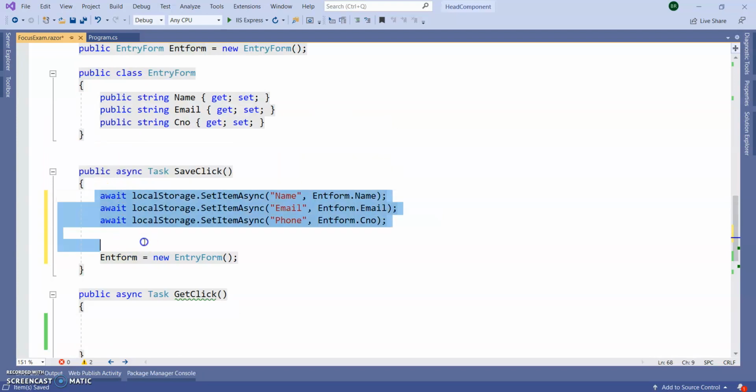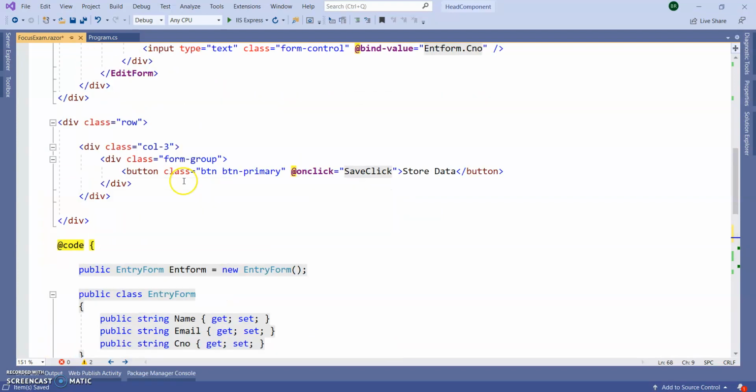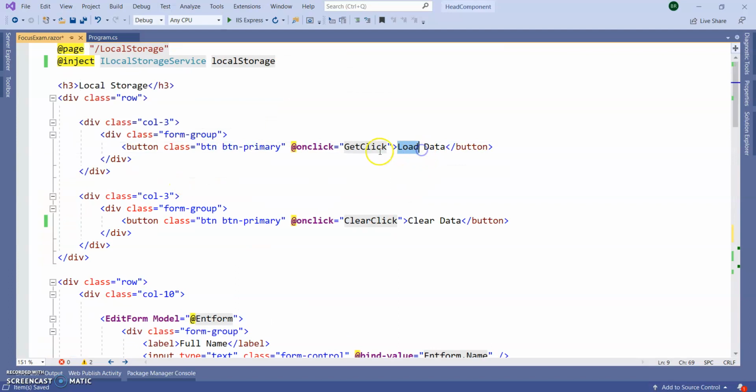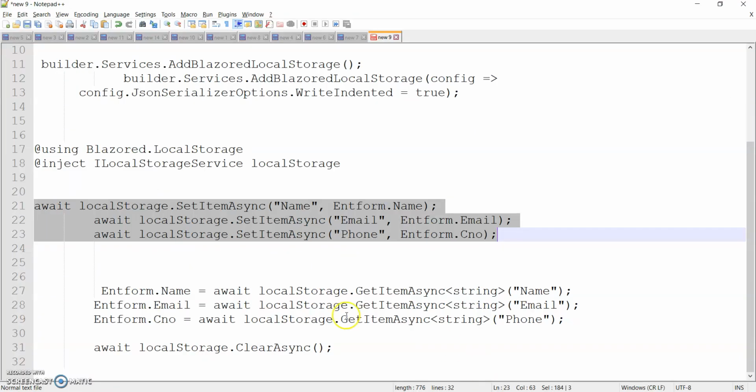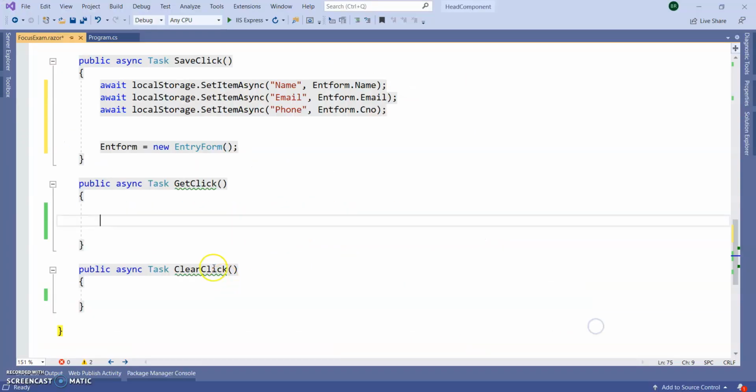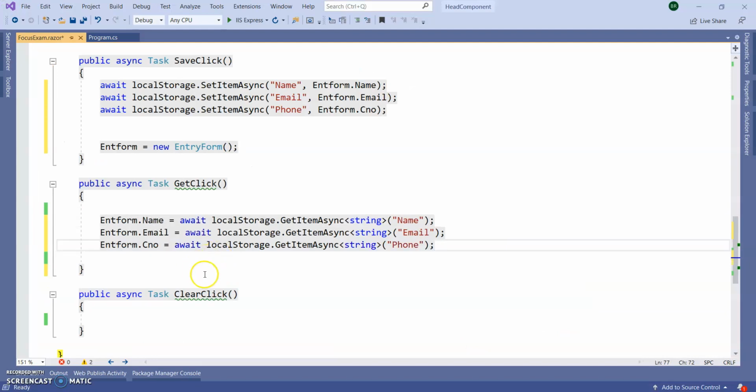Next, we can store the data, so how can we get the data? We have one more option, load data. Here I have a get click. On the click method I am calling get click. In the get click we need to write like this. I have already written this to save time.